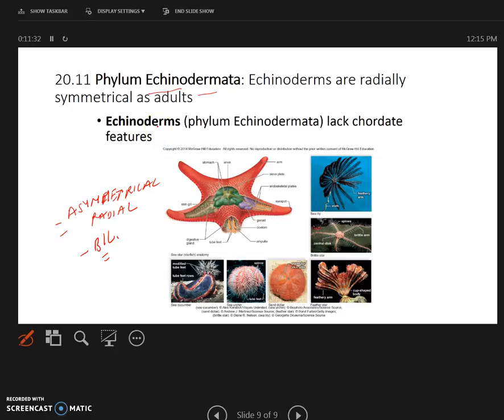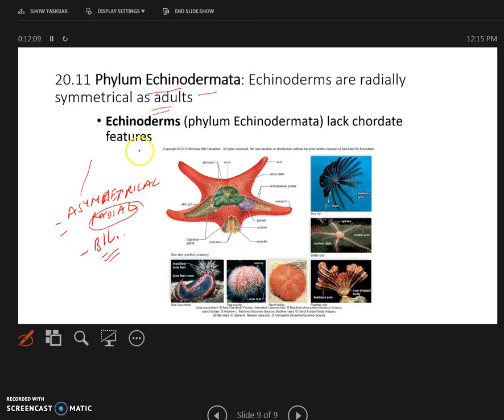Now we are saying that phylum Echinodermata, we are coming to the top of the ladder, and they have radial symmetry in adults. Well, what happened? This is an oxymoron. I'm just saying the opposite. No, I'm not. As adults they have radial symmetry, yes. In the larval form they have bilateral symmetry. So keep in mind that they have something called regressive evolution. The larvae have bilateral symmetry, but adults have radial symmetry, okay?